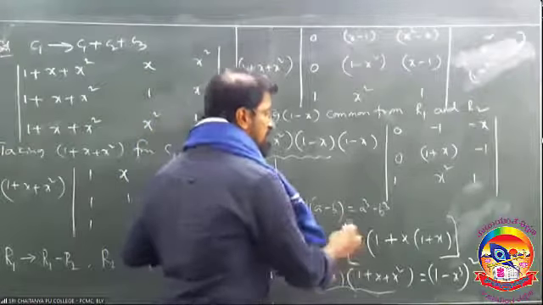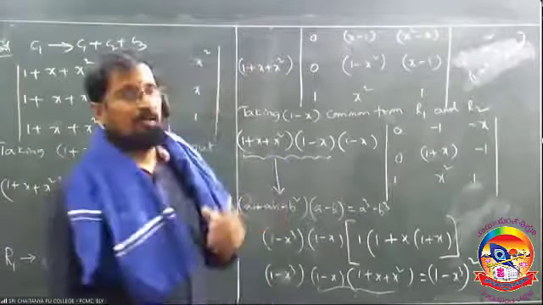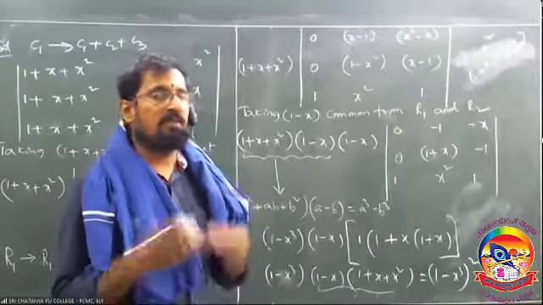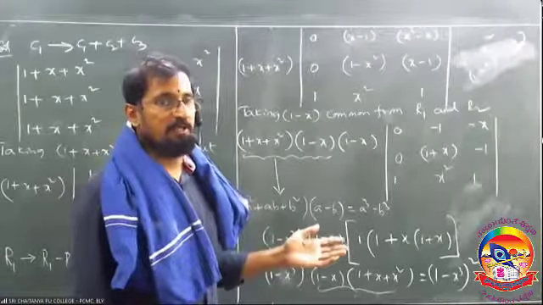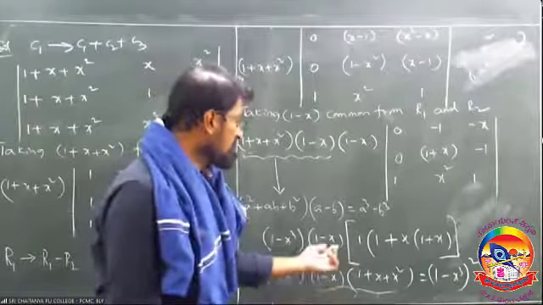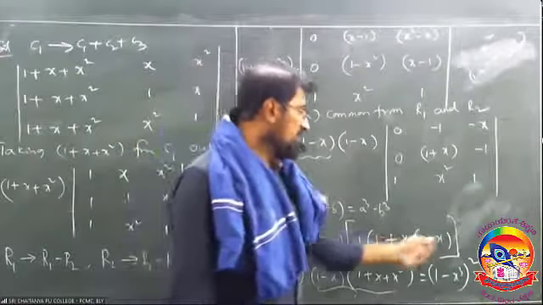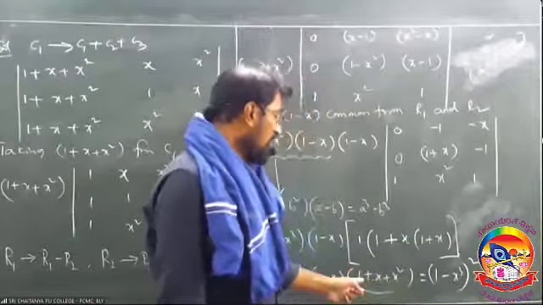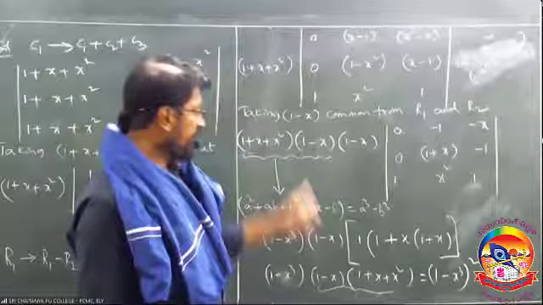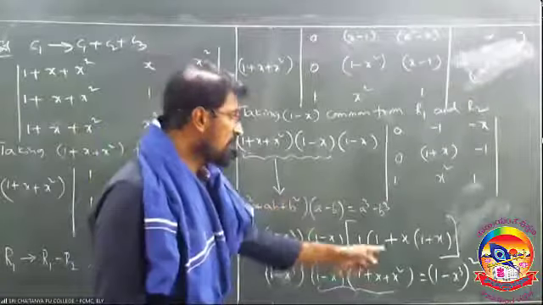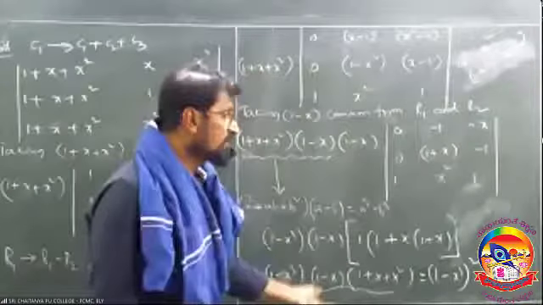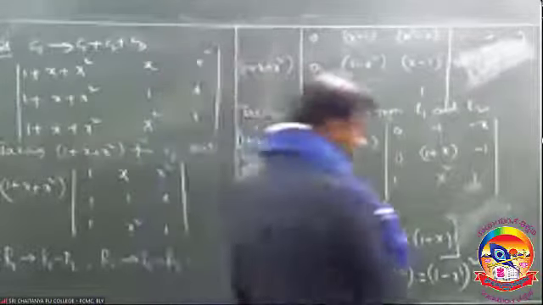And you just expand the determinant. Sir, you expanded by using column number 1. You expand by using row 1 as it is. General expansion. Even if you expand like that, you are going to get the same. So 1 minus X, I got 1 plus X plus X square. Again same formula. 1 minus X into 1 plus X plus X square is equal to 1 minus X cube. 1 minus X cube into 1 minus X cube is equal to 1 minus X cube whole square. That is RHS. Copy this one.